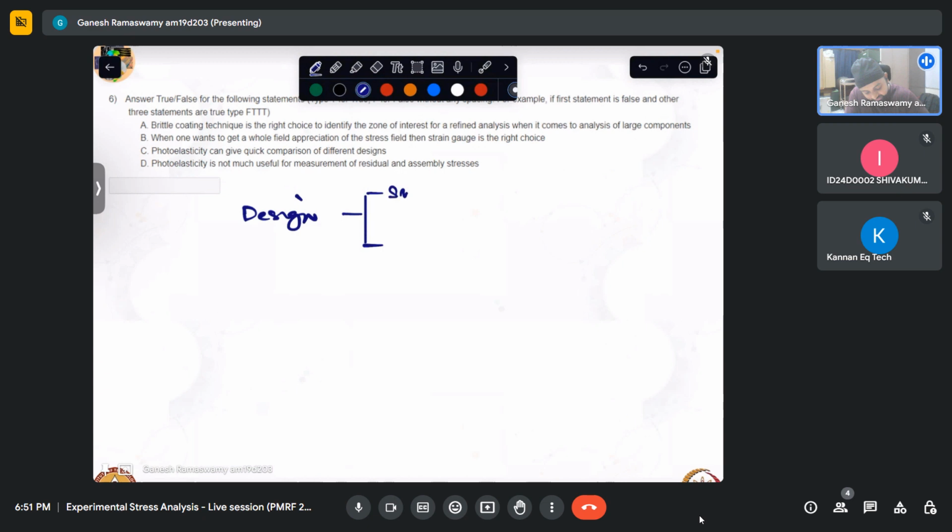One could be a stiffness criteria, also called serviceability, where you have to limit the deformations that come in. One is the strength criteria, also called the ultimate limit state criteria, where you have to confine the maximum stresses that come in